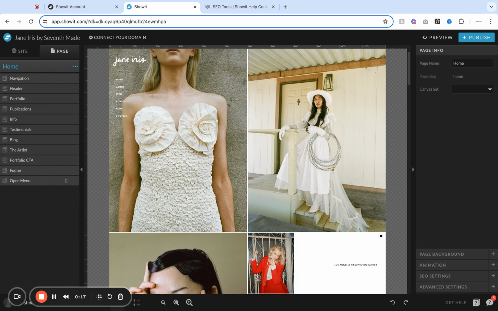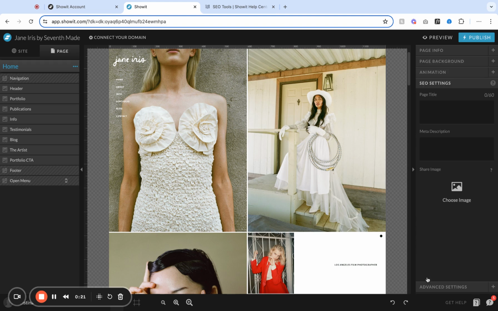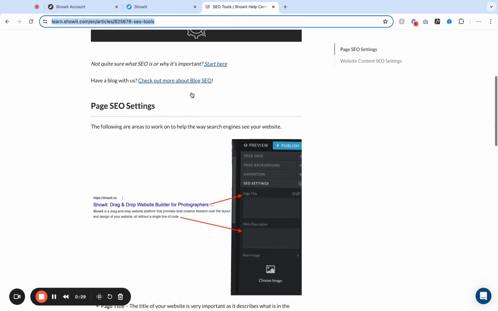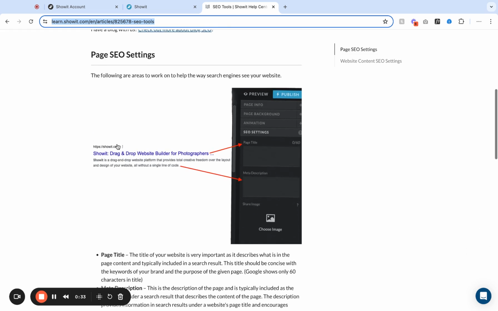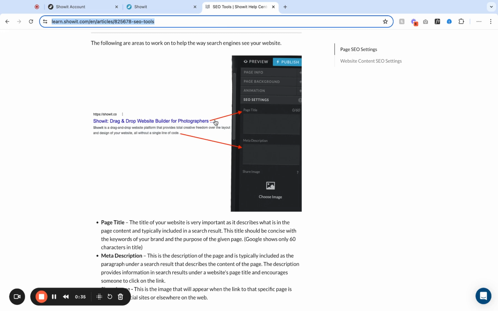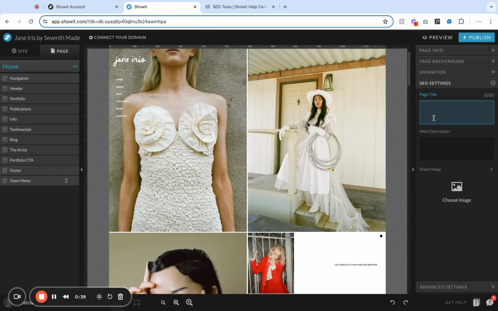And on the right-hand side, you're going to see page info. You're going to come down here to SEO settings. So right here, we can add a page title. I've pulled up a Showit help doc as well, so I will have this linked below this video. It kind of goes through an example of what this looks like exactly. So page title. So here we could have